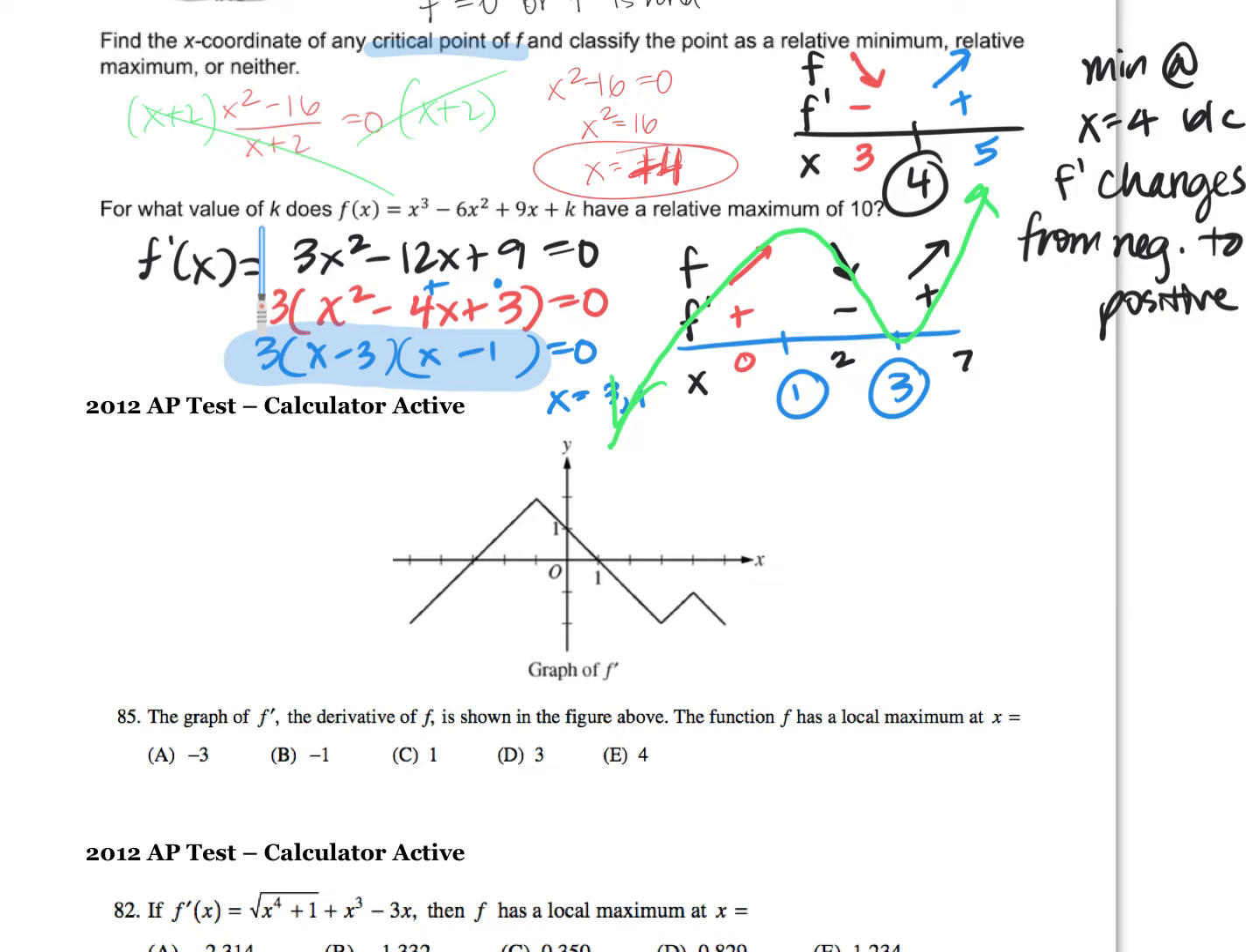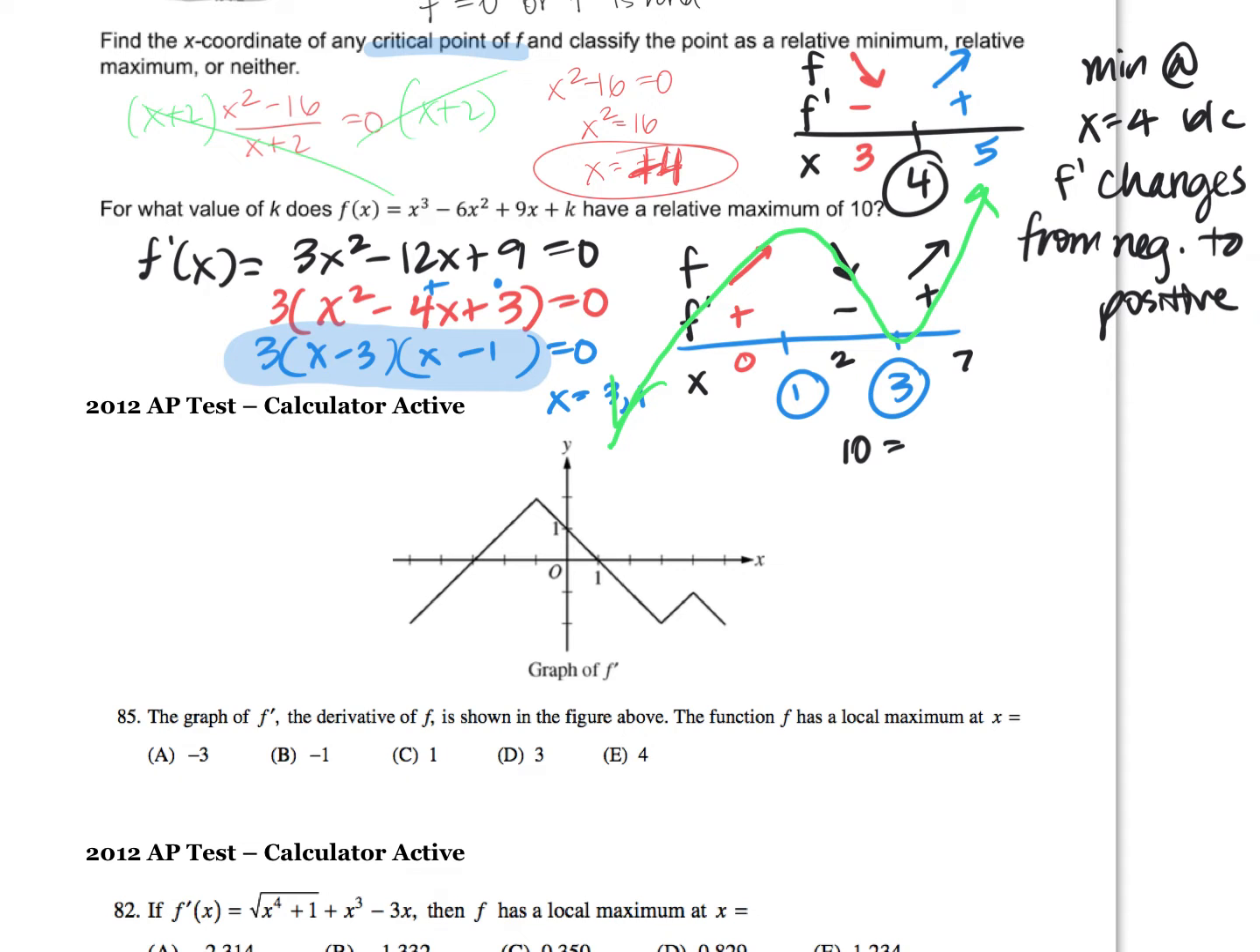They said, for what value of k does this have a relative max of 10? Anyone have an idea of how we could figure out what k is? We know my x is 1. We know we have a max at 1, and set it equal to 10. My f of x is going to be 10. So we're going to say, all right, when does 10 equal